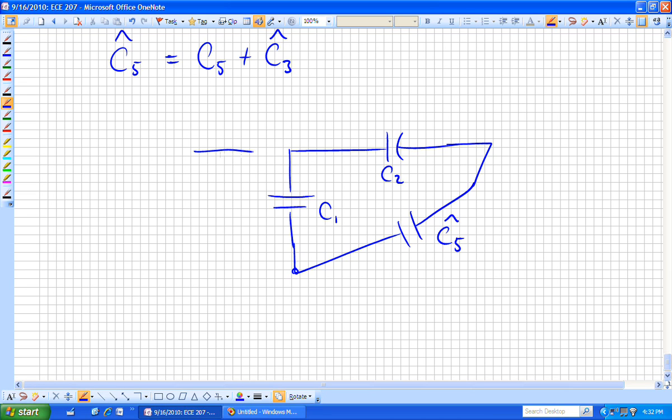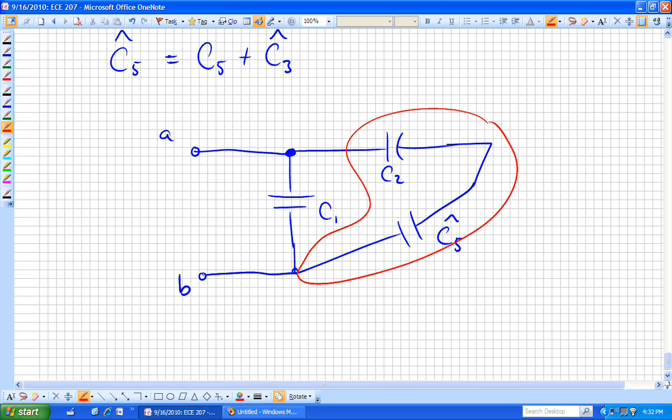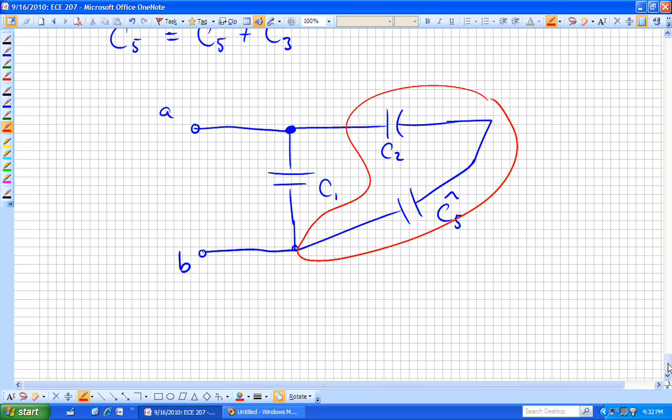No, because of this connection right there and that connection, meaning C sub 1 is not in series with the other two capacitors. Here's A and here's B. I can only go so far as to combine those two. Those two are now in series. C sub 2 is in series